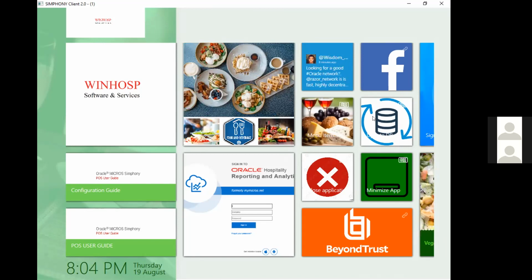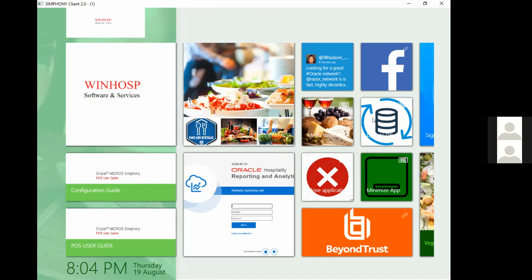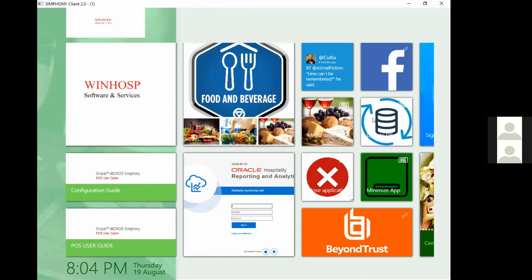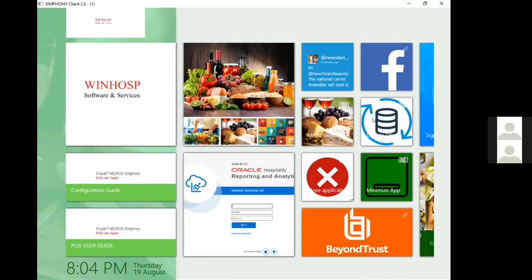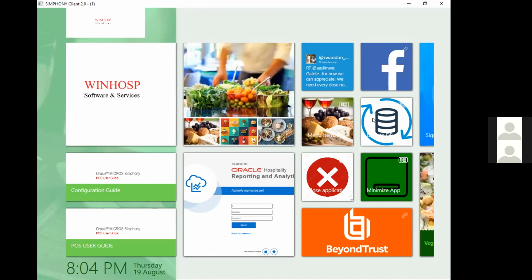So basically, this is the key for the update database, just like we use in our sign-in key. Those people who have already used Symphony might already be aware that by default we can set a time slot or time settings in the EMC to update the POS automatically. Otherwise, if you want the immediate changes, you can hit this button to get the updated things immediately on the POS.